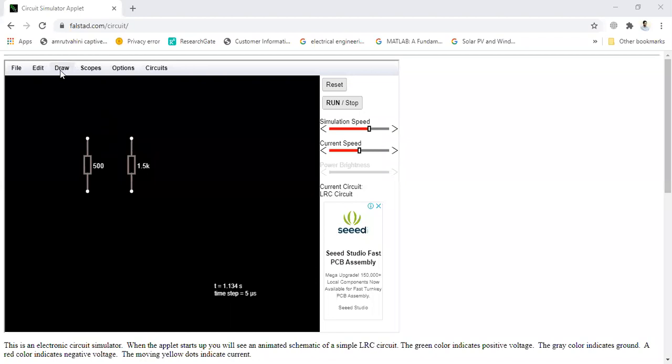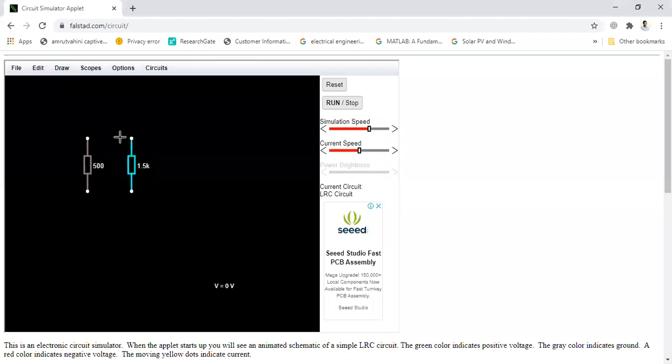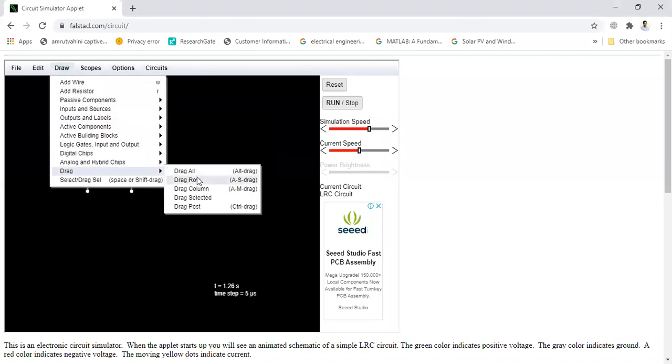So again, we'll go to draw, input sources. I'm using add voltage source right now, which is a single terminal. I'll click it and drag it. If I want to shift it, I'll use drag selected.